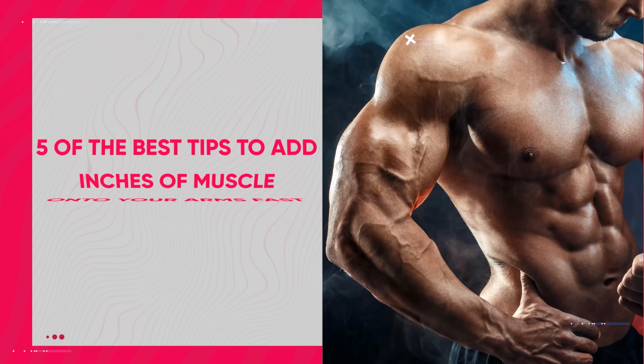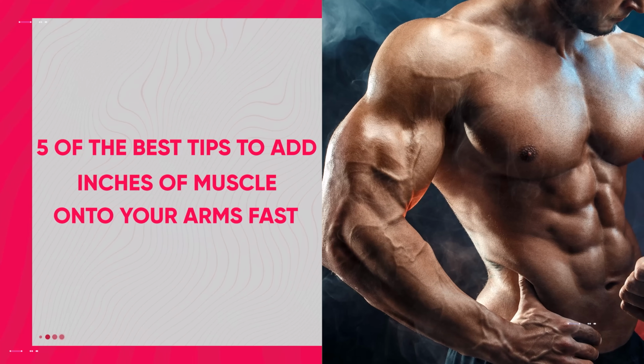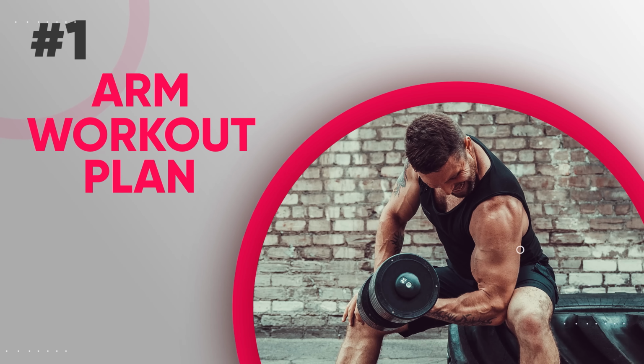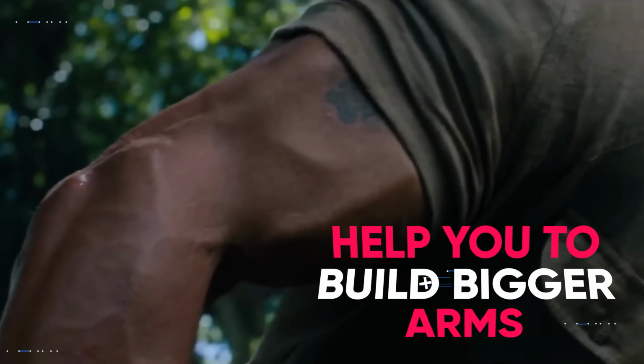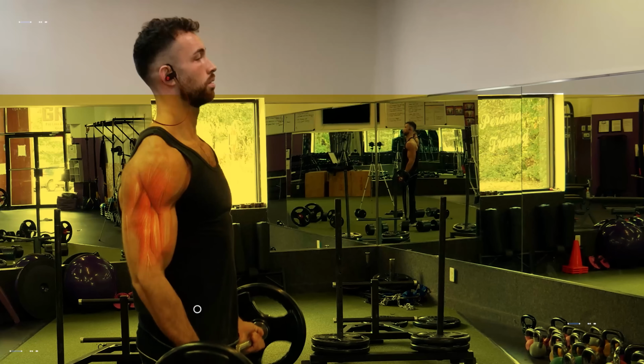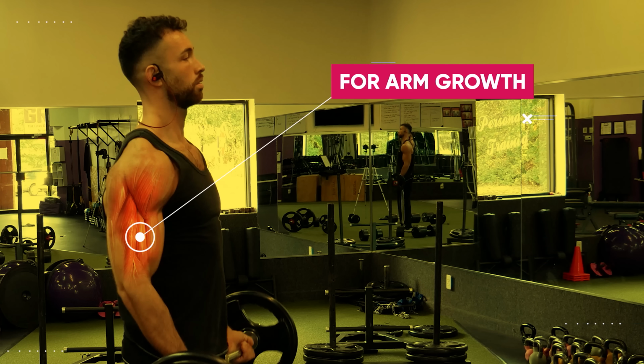So today I'm going to give you 5 of the best tips to add inches of muscle onto your arms fast. First, I'm going to give you a very specific step-by-step plan that you can use to set up your arm workouts today, and this method is guaranteed to help you build bigger arms fast. It revolves around one of my favorite super simple training strategies for arm growth that most people are not using properly: